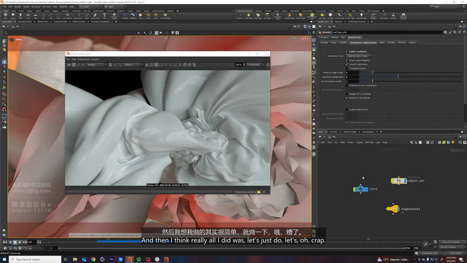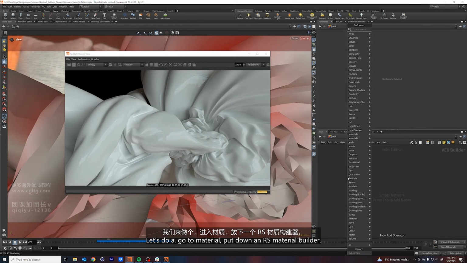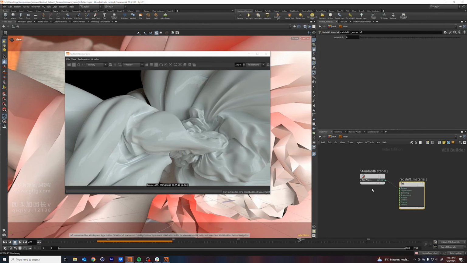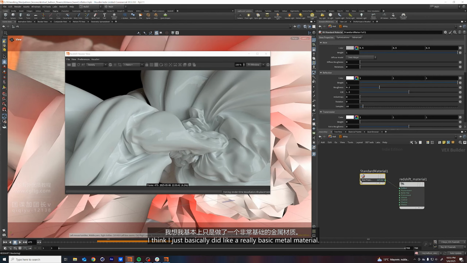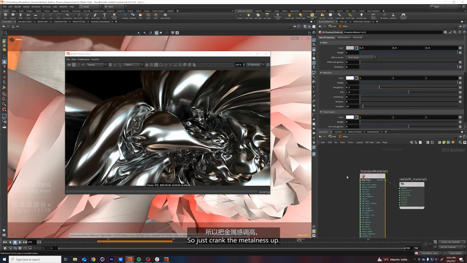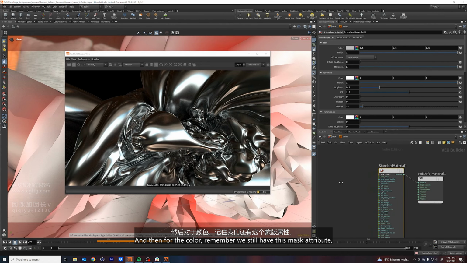And then I think really all I did was, let's go to Material, put down an RS Material Builder, call this Shiny, and throw that on there. And then all I did, I think I just basically did a really basic metal material. So just crank the metalness up. And then for the color,